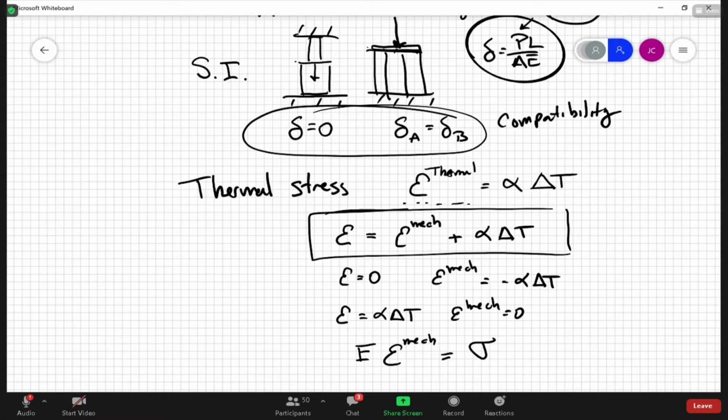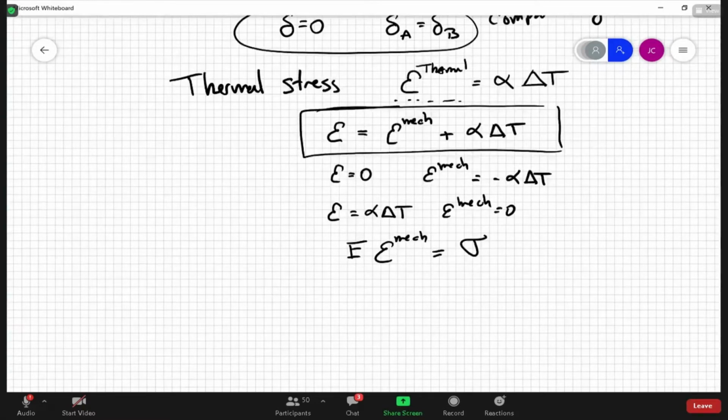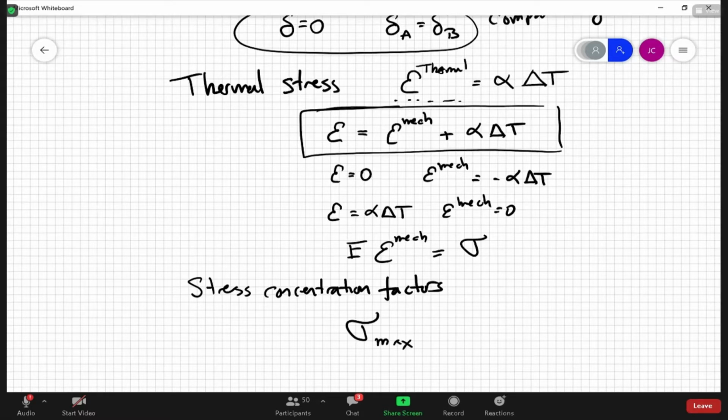The last thing we did in this chapter was stress concentration factors. And I need to assign the second finite element project based on this. But here, this is pretty straightforward, right? We found out like a peak stress, although we normally just call it sigma, but it's like a maximum stress, was equal to sort of the average stress that we normally would have found, just the straight force over area stress, but it gets magnified